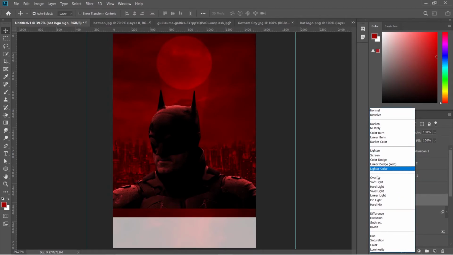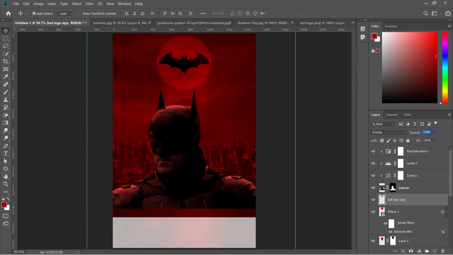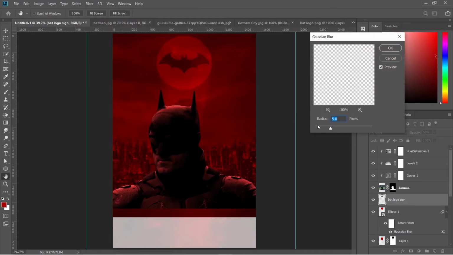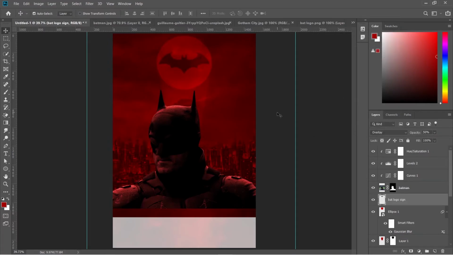Change the blend mode to overlay and decrease the opacity to 50%. Also apply Gaussian blur of 3 pixels. Let's keep the opacity to 55%.